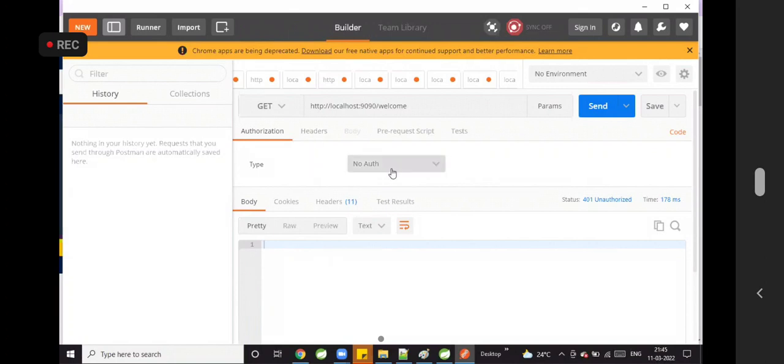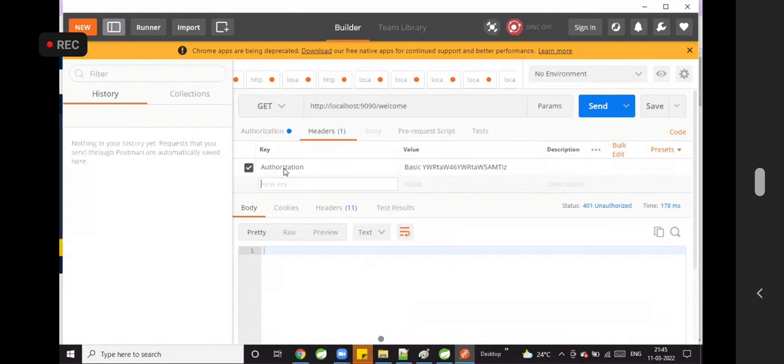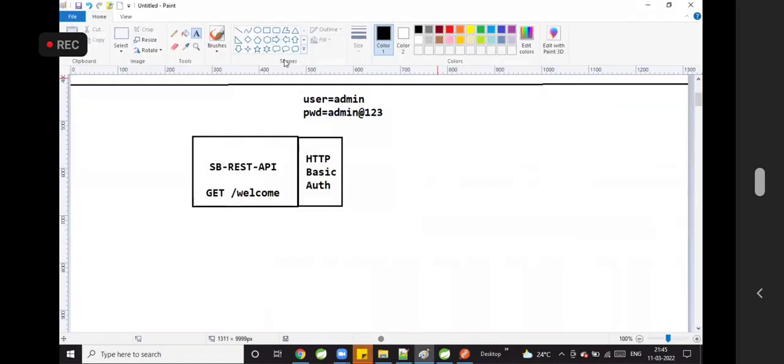Go to authorization, select basic auth, username admin, password admin@123, update the request, then it adds one header called authorization, basic with the encoded username and password. Click on send. Wow, we are able to access the REST API which is secured. From the browser, we are able to access. From Postman, we are able to access. That we have done yesterday itself. Good. Now today, my requirement is to develop